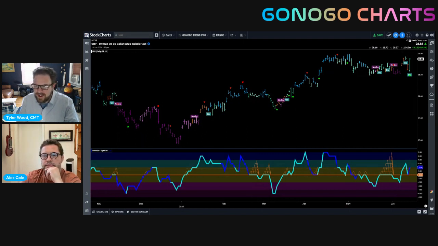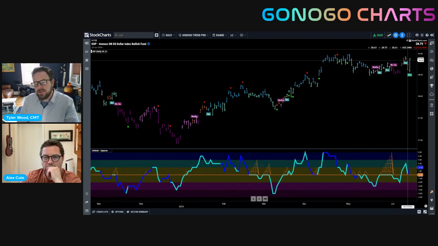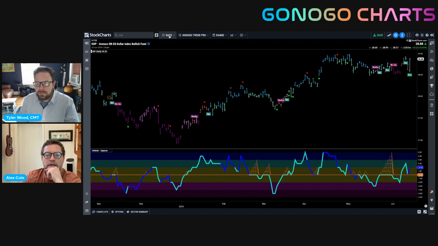That last bar is still active until the close today. And for all of you weekly chart users, those will still be active through the end of the day tomorrow. With GoNoGo Charts, a live bar, particularly if you're using longer time frame charts, in high volatility environments may change the trend conditions. Those colors may change, updating in real time according to the intraday or intra-week price action. But once the session is closed for the day or week, those bars are never repainted or adjusted. That is just the fact of where the markets are at.